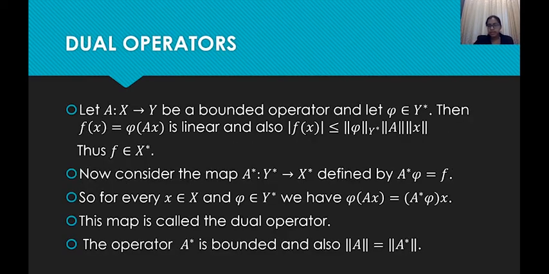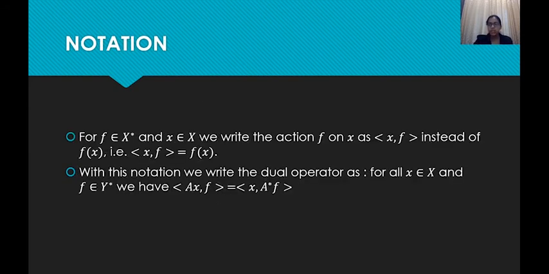You just look at this. This is the expression that we have changed into the notation right now, that is phi of A of x is equal to A star phi of x, and the only difference is instead of phi we are using f, an element of y star. So that is f of A of x is equal to A star f of x. Okay, so with the help of the new notation, it will be nothing but inner product Ax f is equal to inner product x A star f. But just keep in mind, even though I am saying it is the inner product, it is actually not the inner product, it's just a notation that we are going to be using in this section.